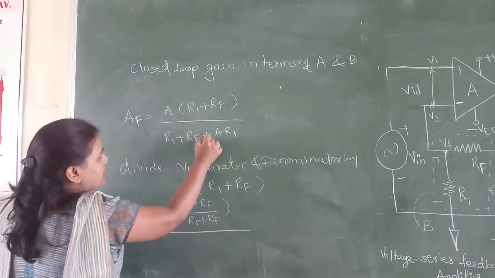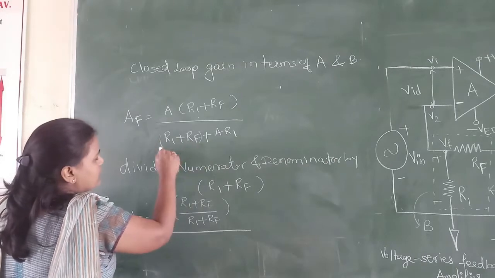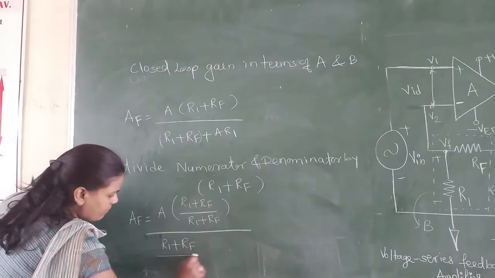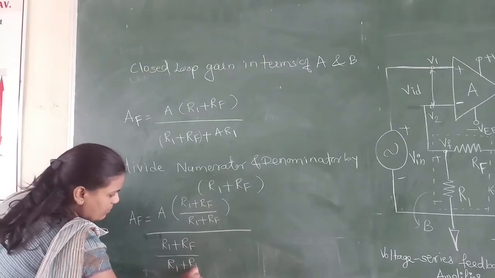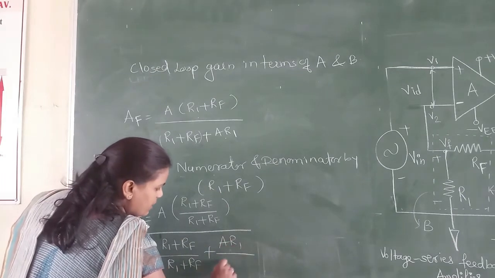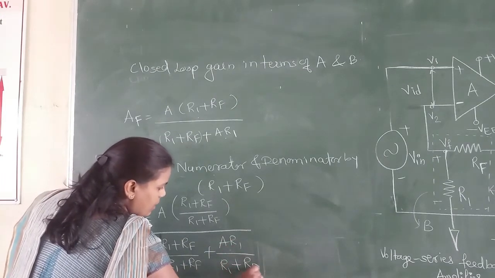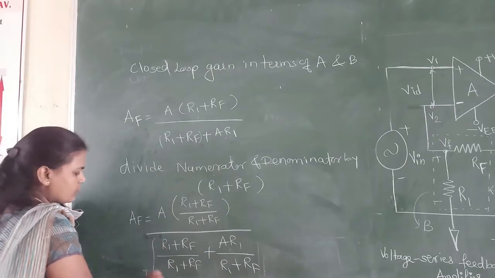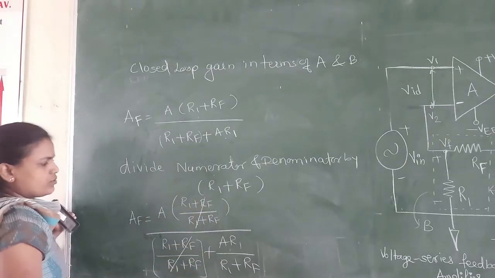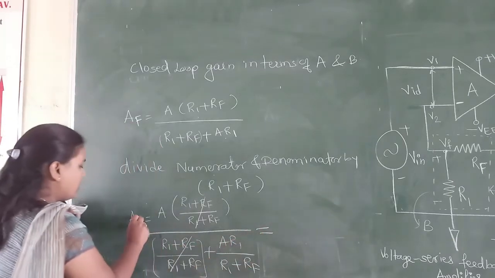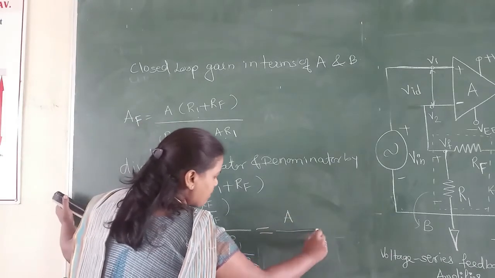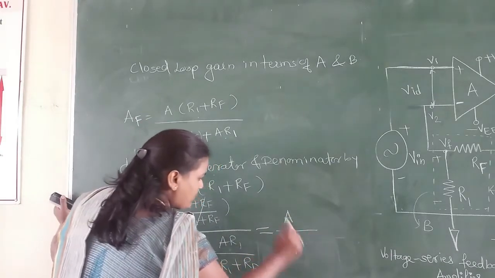From the denominator, combine these two terms. So it is R1 plus Rf divided by R1 plus Rf, plus AR1 divided by R1 plus Rf. This will give you 1, and the numerator again reduces to 1. So the equation for closed loop voltage gain AF is equal to A divided by 1 plus